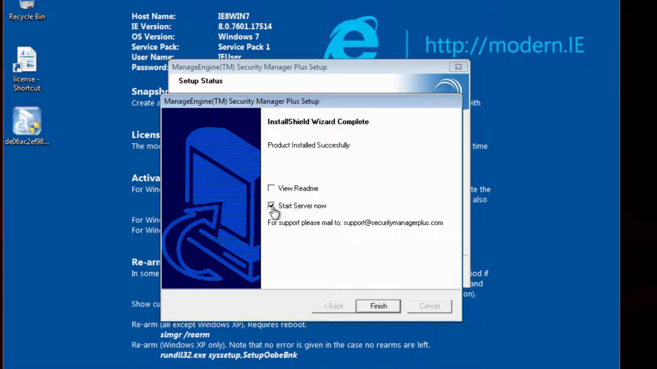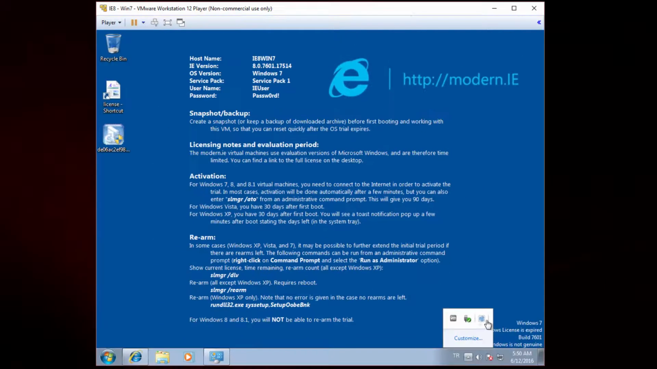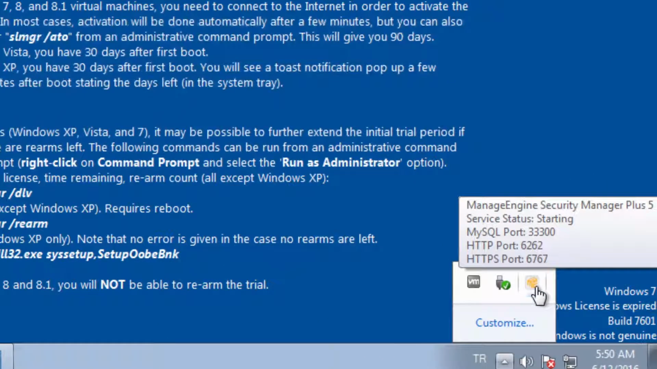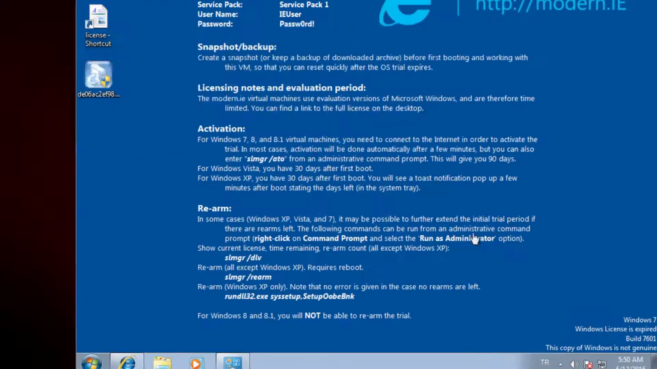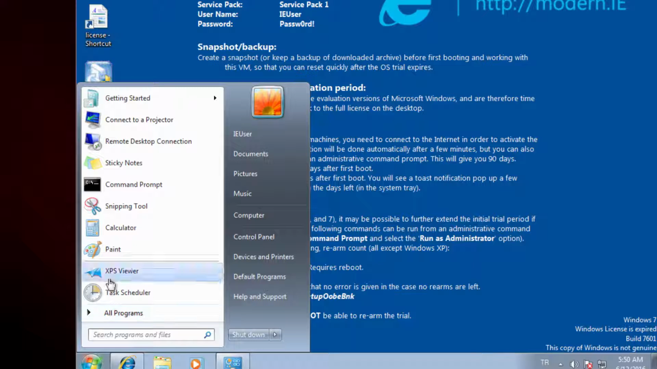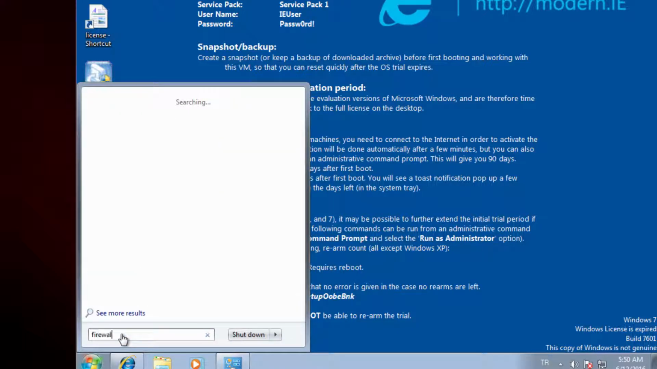Leave this checkbox on, says start server now, and click finish. You will see an icon in the taskbar. Now it is starting up this application. As you can see, server status starting. By default, this application does not accept remote connections. Instead of dealing with the program settings, as we have done in the previous lecture,